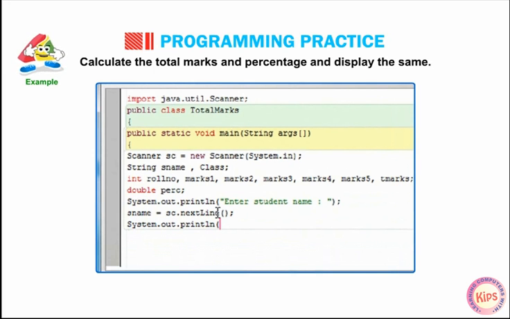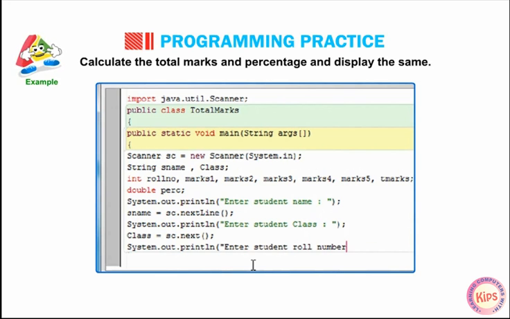System.out.println("Enter student class:"); class = sc.nextLine(); System.out.println("Enter student roll number:"); rollnumber = sc.nextInt();